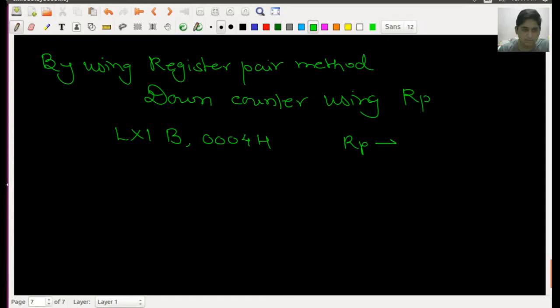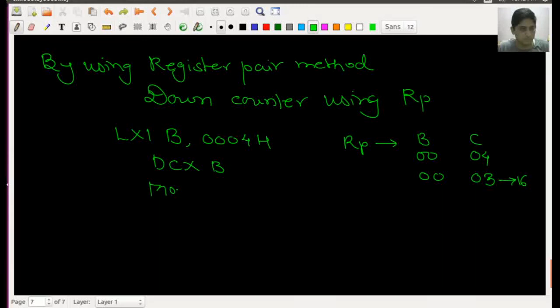This instruction will decrement it to 0003H, but it is a 16-bit value, so my JNZ type instruction will not work at all. So what extra trick can I follow, especially in this case? I will load this value of this LSB register.